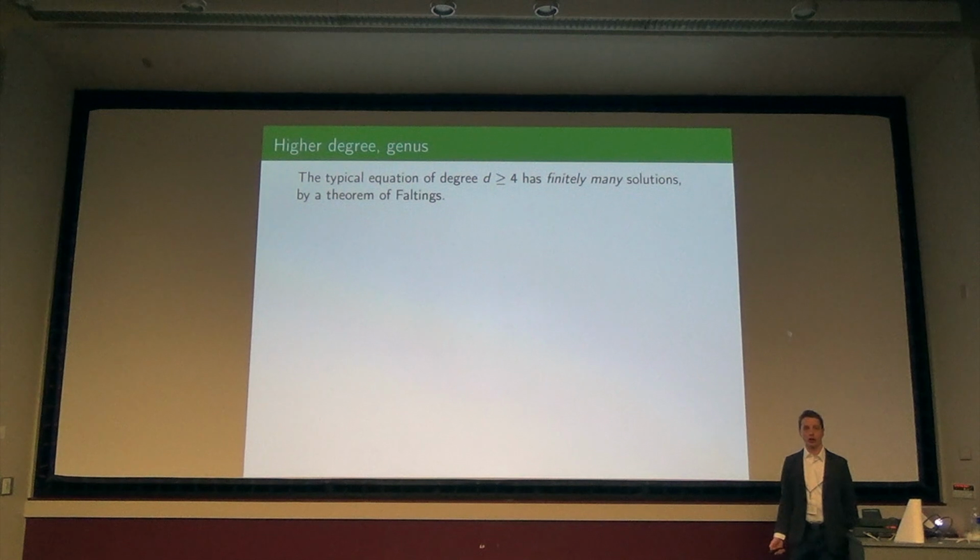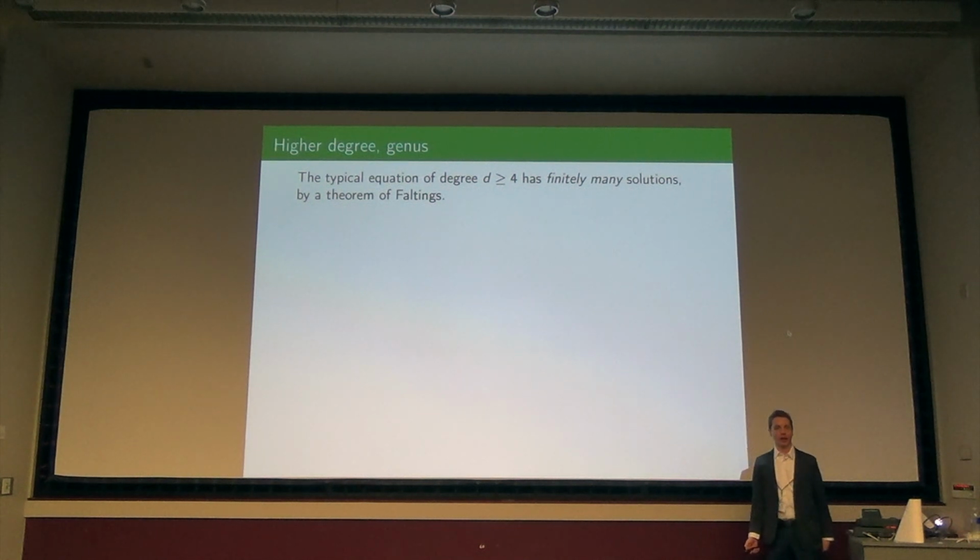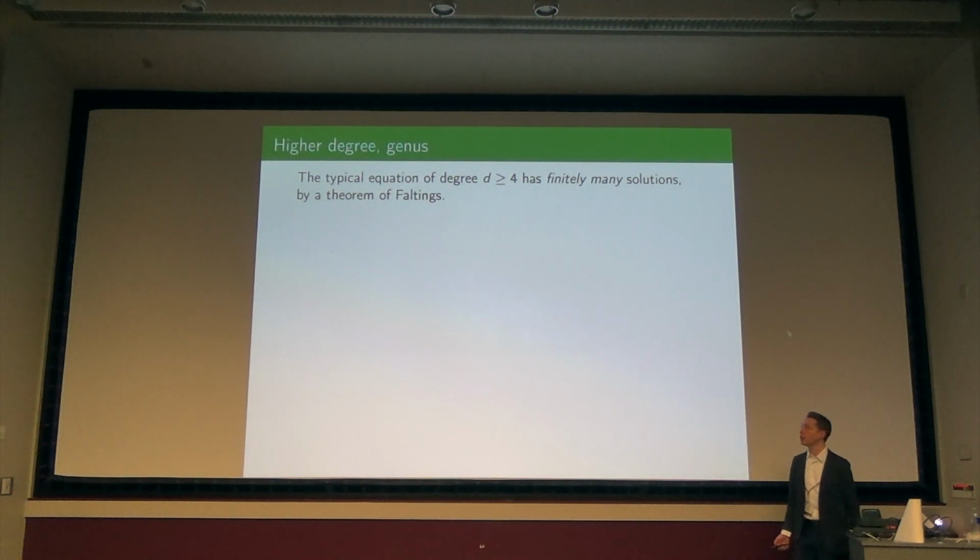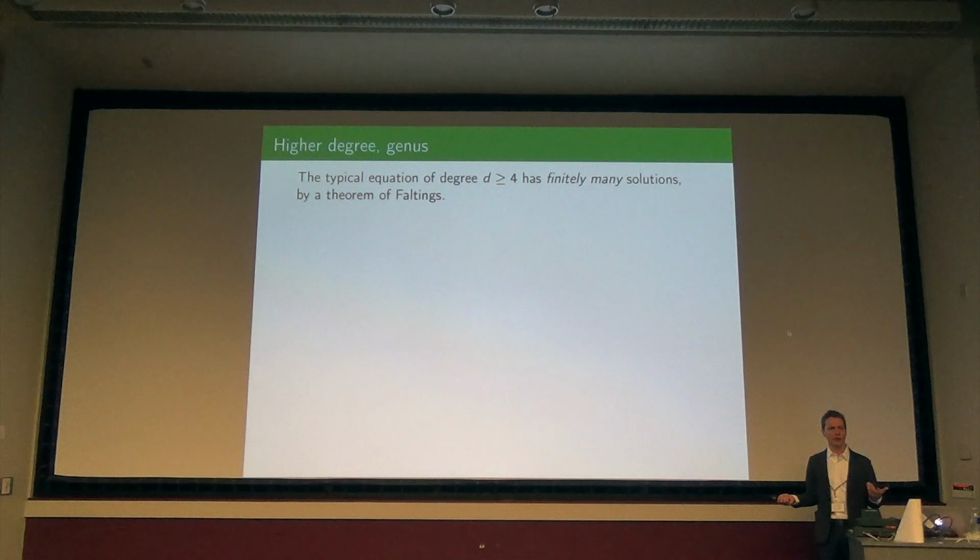So here's the kind of shocker, but it is really fundamental, and you get a Fields Medal for proving it. The typical equation of degree greater or equal to 4 has finitely many solutions. This is a theorem of Faltings'. I'll tell you what typical means, but is that a surprise, or is it sort of clear that as the expression gets more complicated, it should be harder to plug in rational numbers and have it equal to 0? I guess that's the intuition behind it. That would be the basic heuristic, okay? And it's a theorem of Faltings'.